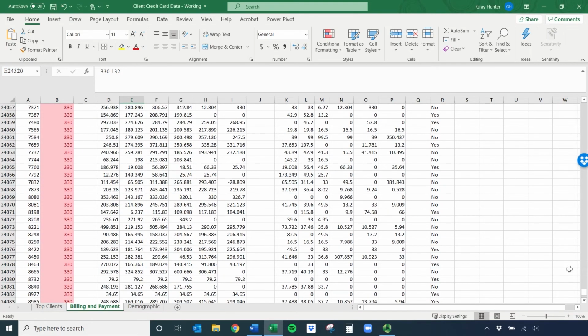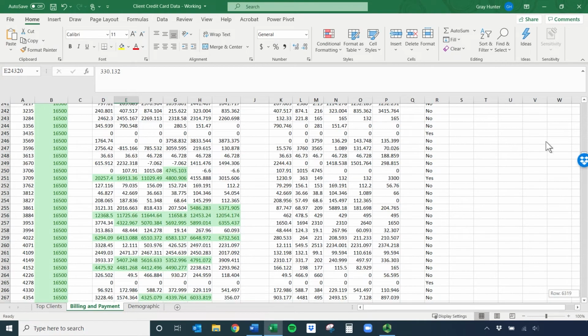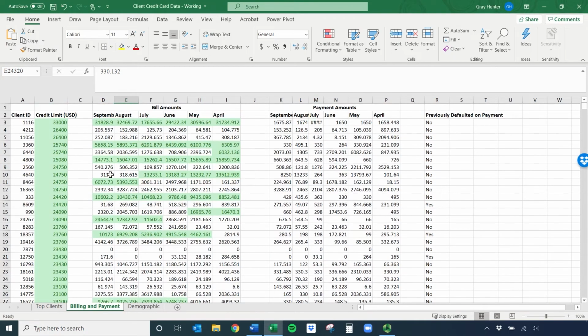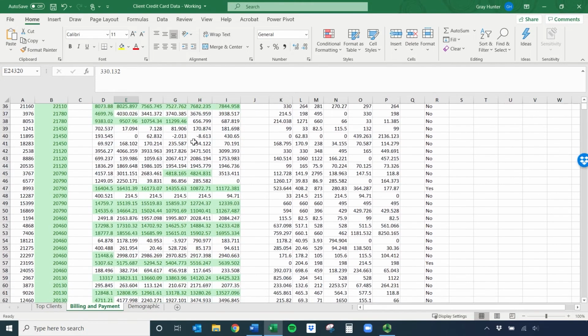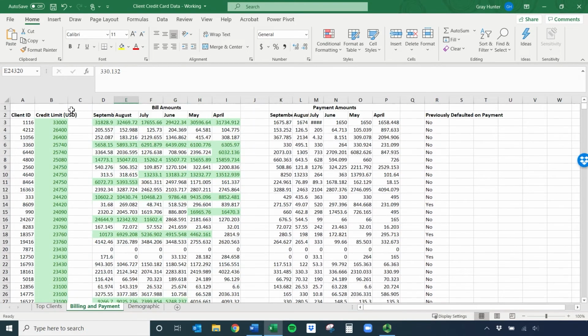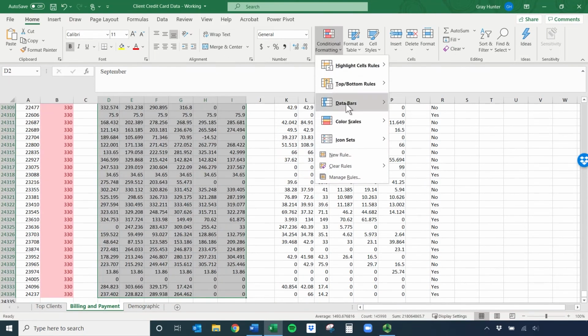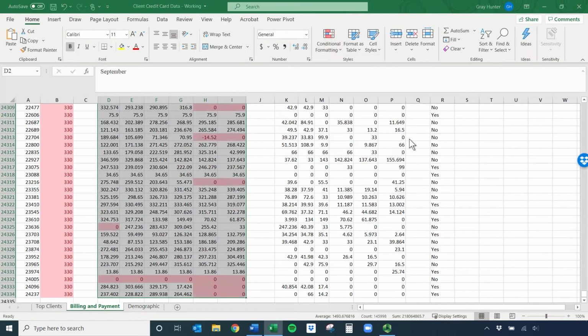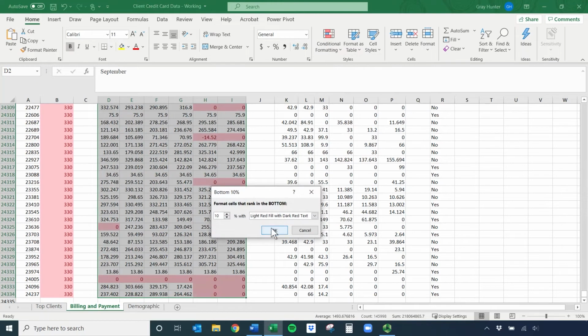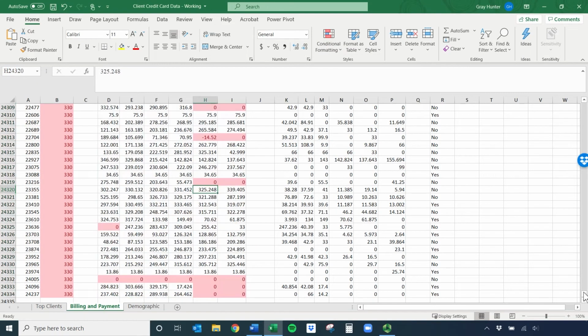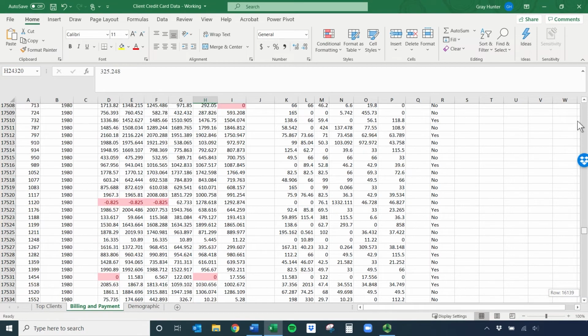When we're scrolling through here, they're going to all be kind of at the top. You can see our high credit limit people also had higher bill amounts. That makes sense, right? Let's do the bottom 10, and you can do multiple ones. Again, I'll highlight all those. Conditional formatting, we'll do bottom 10%, with red fill. That's fine with me. And it goes through each of the columns,